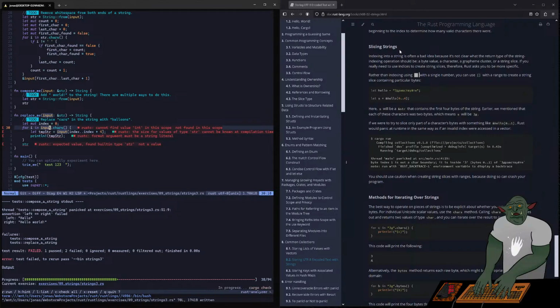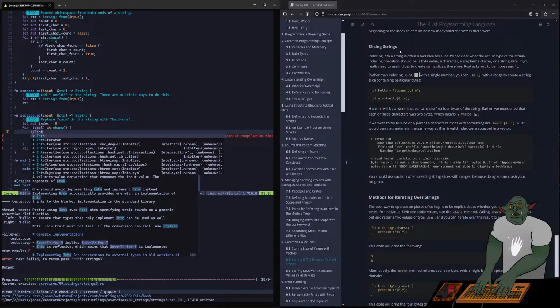Input. Size of values for string cannot be known at compilation time. Okay. Yeah, alright. It can go out of range, and we don't want that. Does it help if we go